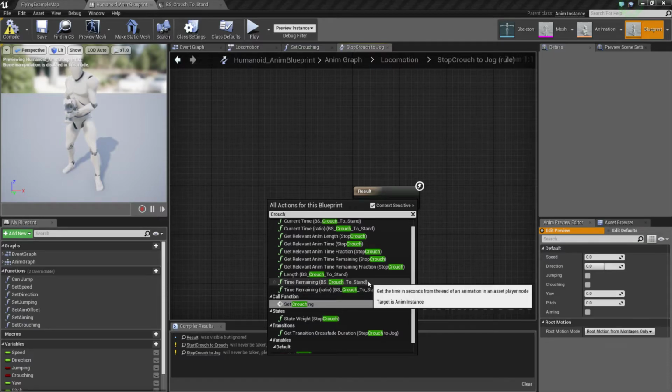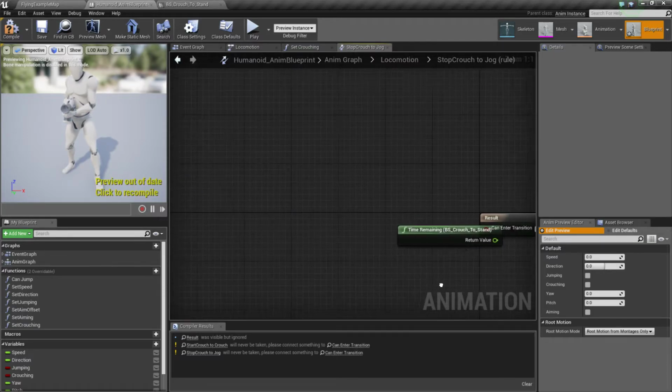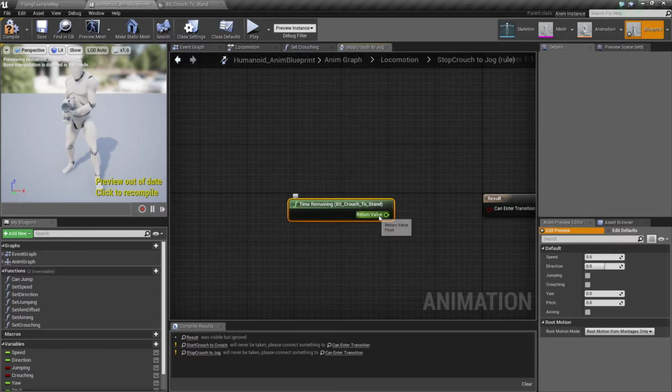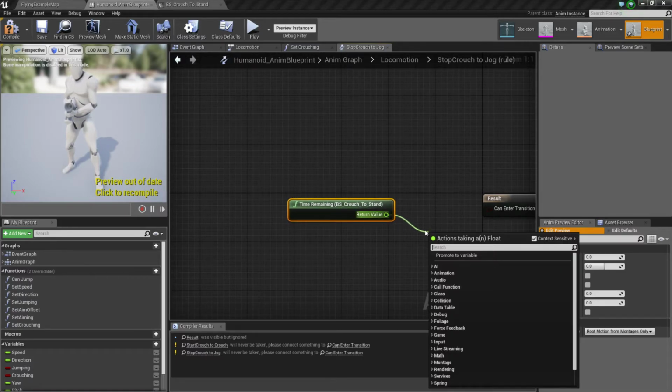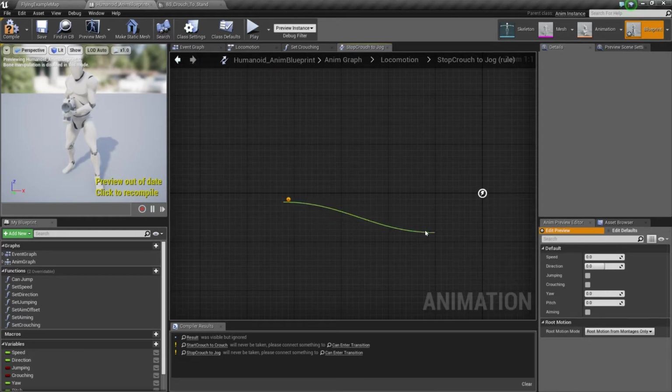BS crouch to stand. Yeah, that's actually what I wanted. If it's less than or equal to 0.01,